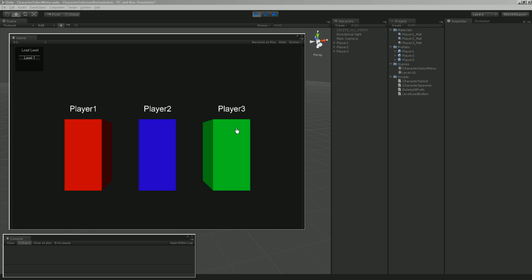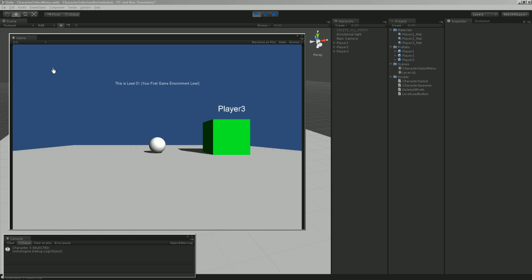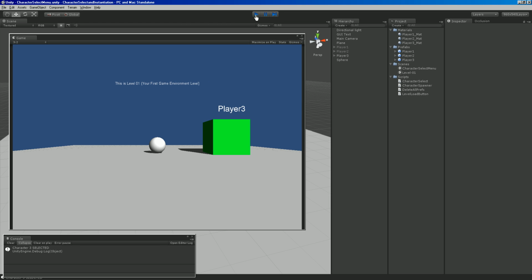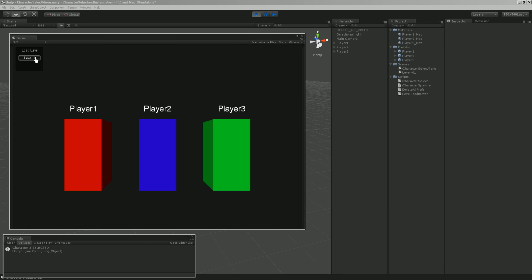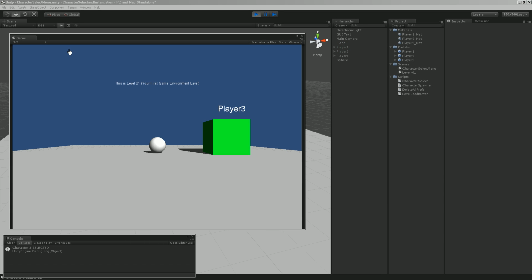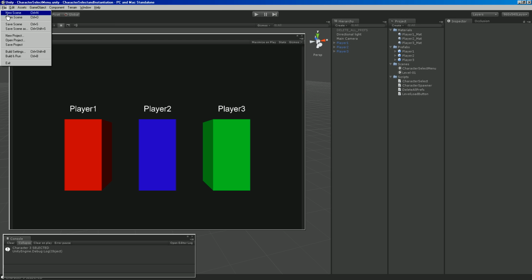So let's go and select player 2, and we get some feedback down here in the console, which is character 3 selected, player 3. I'm going to load the level, and player 3 loads up in level 01, your first game environment level. Okay, so he instantiated in there. When we stop hitting play, and hit play again without selecting anything, and go back to our level, it's stored the value and saved it,